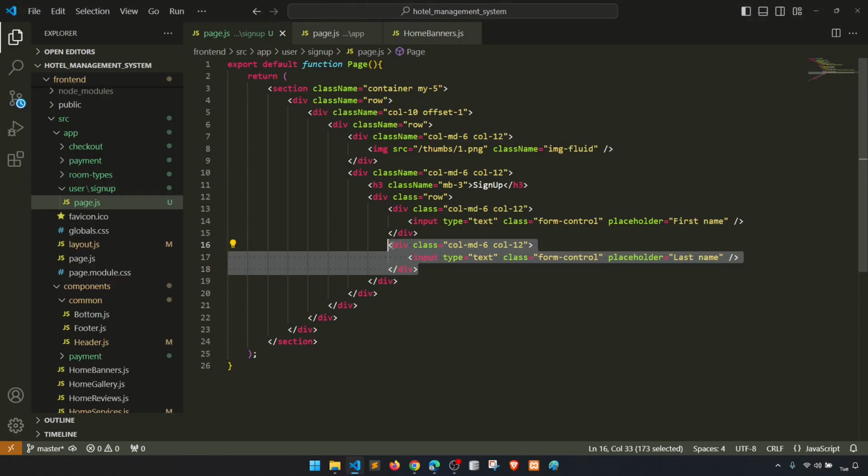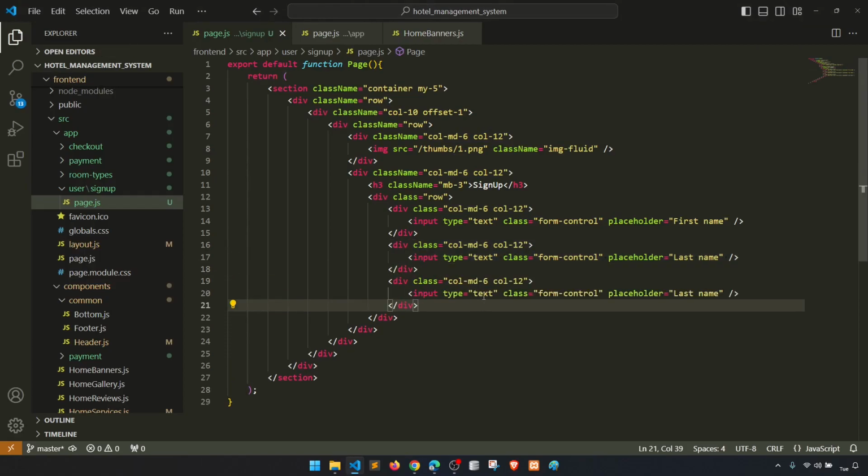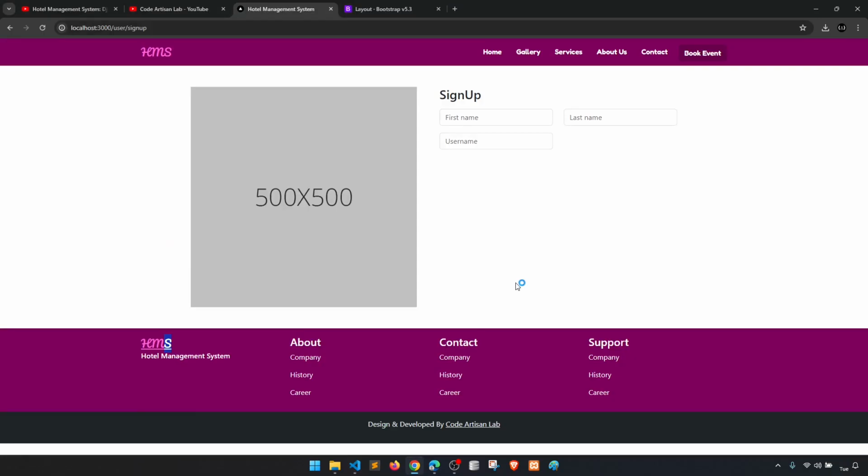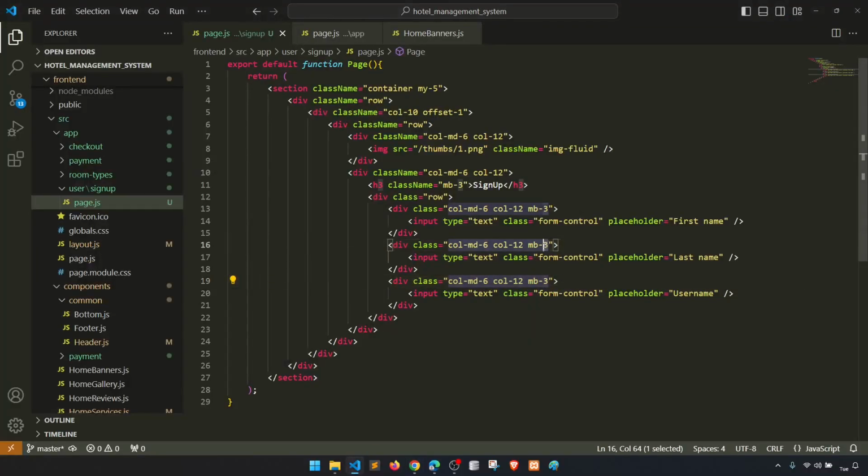All right, so now copy this one, say here text, and this will be username, right? Let's give it some margin, sorry, margin bottom 3. Okay, actually let's give it 4,